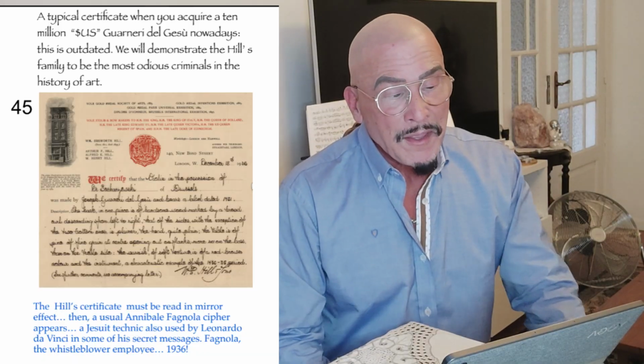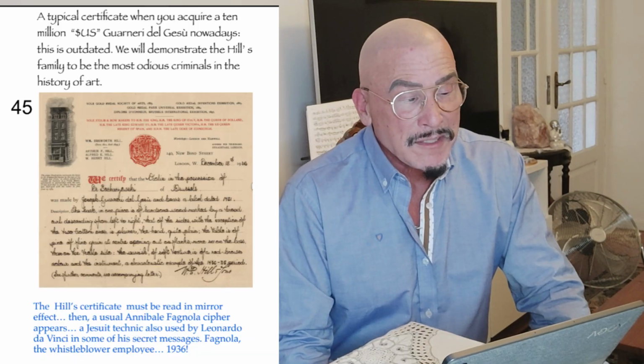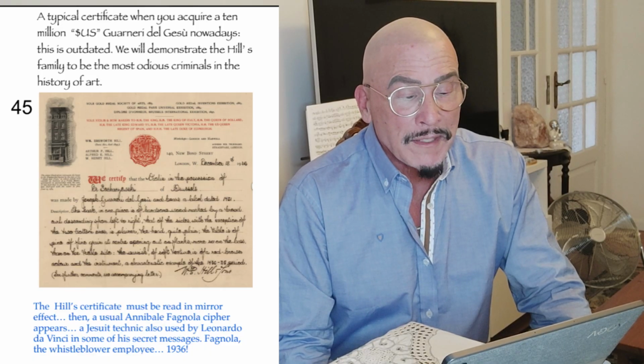Now we're going into part 2 of the PDF, and we have additional corroborative independent material proving the 17 Marsick Stradivari to be a Fagnola fabrication. And here is why. Imagery 45, you have a Hills certificate for a Guarneri del Gesù,